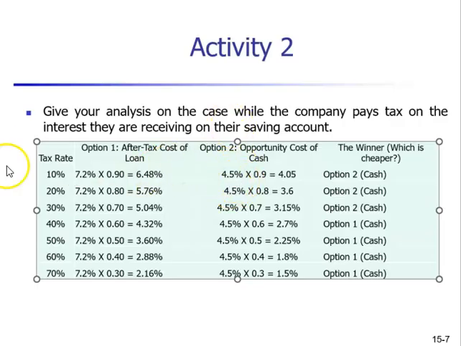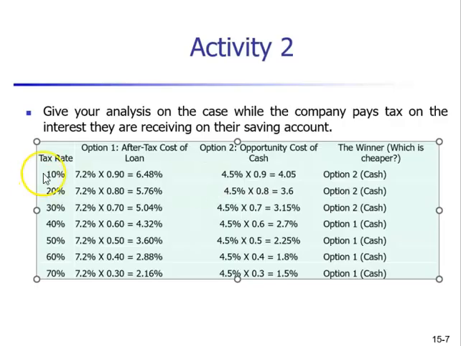And here, when the situation gets more realistic, the interest you are paying to the bank provides you a shield based on the tax rate, but remember, exactly the same tax rate applies to your interest revenue. So if the savings account pays you 4.5%